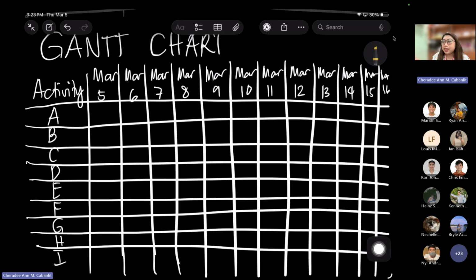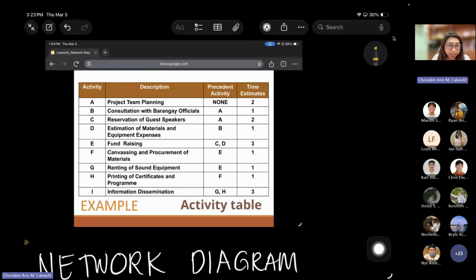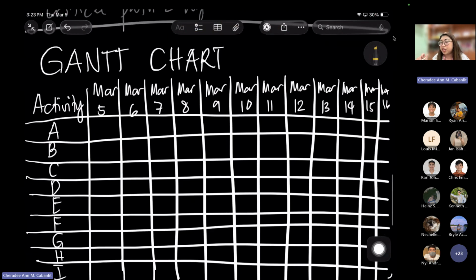The first activity is A and there is no predecessor activity. Therefore, I have to finish it in 2 days. So I should be able to finish activity A in 2 days, March 5 to March 6.